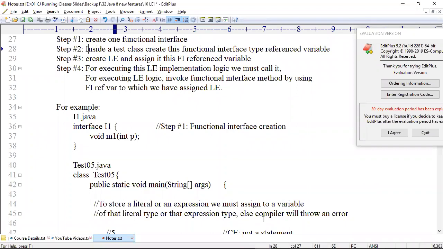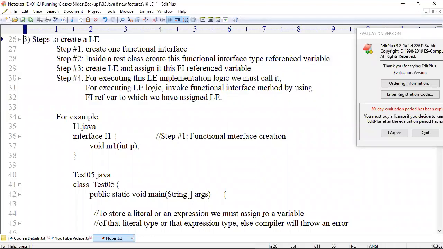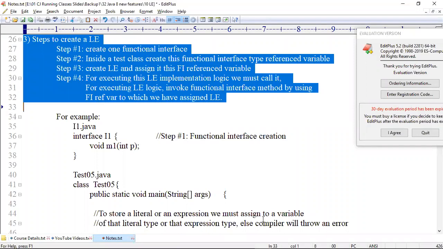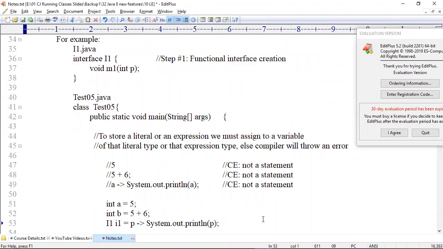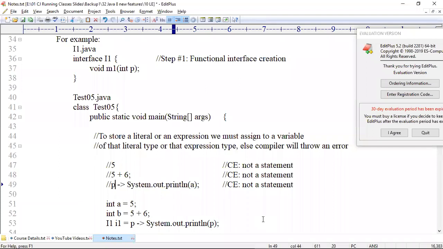Completed steps. Here we are directly using a lambda expression, so it throws an error: not a statement. What is this? This is a lambda expression.